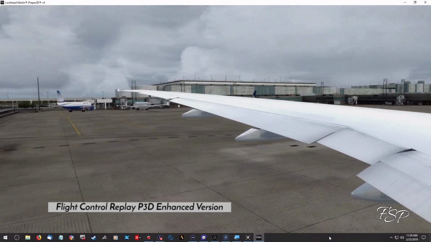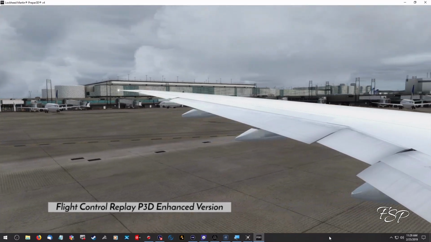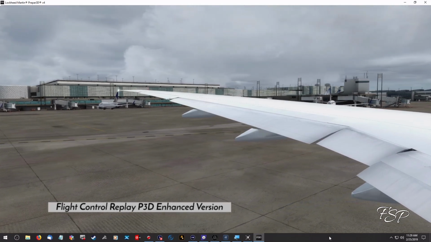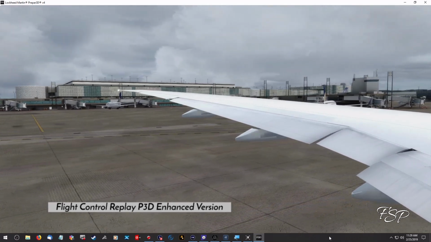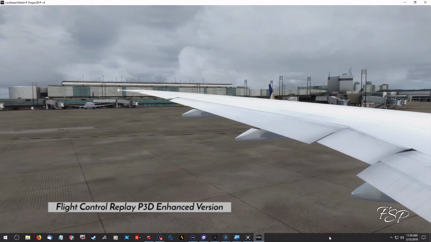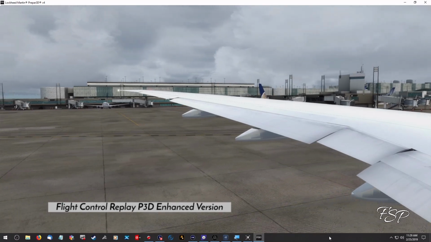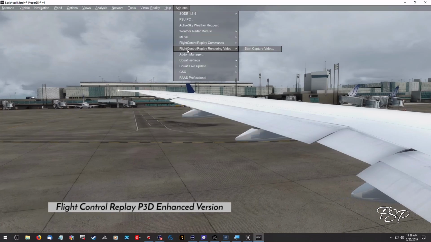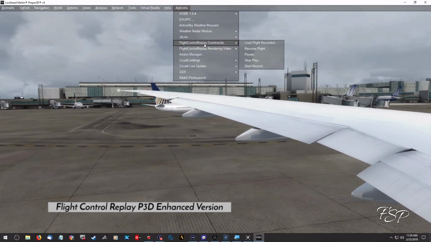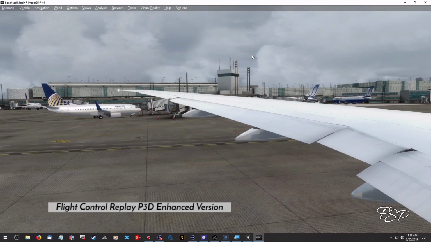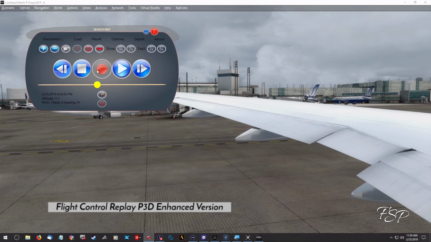And that's why I said earlier, I think some of this definitely is not the fault of the developer. I think it has to do with Lockheed Martin and the sim itself. It would be nice for them to perfect the replay where you didn't have to have an add-on. But I'm pretty happy with what I've got here so far. I'd like to be happier, but